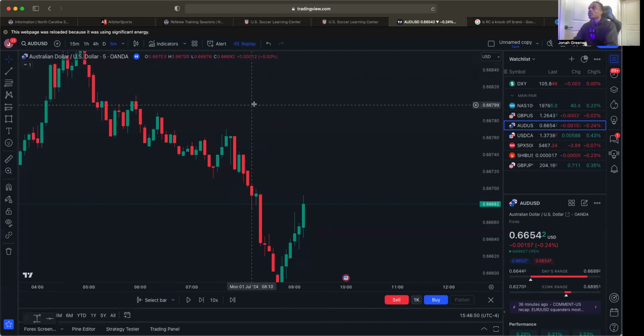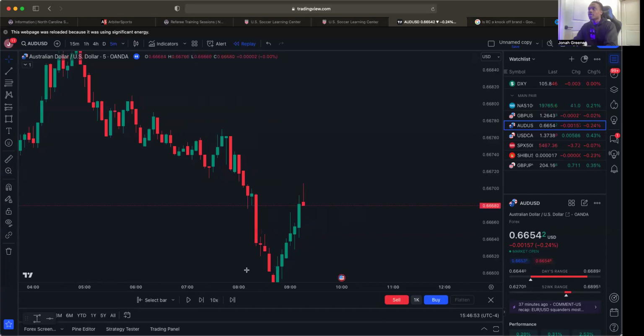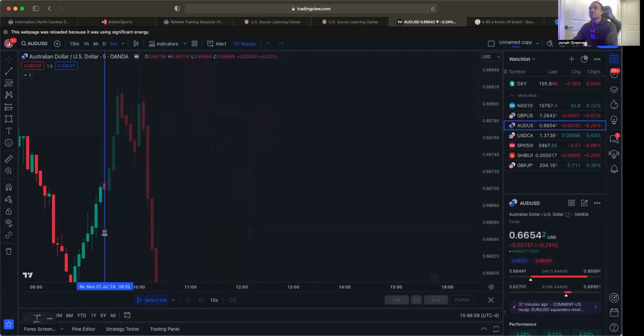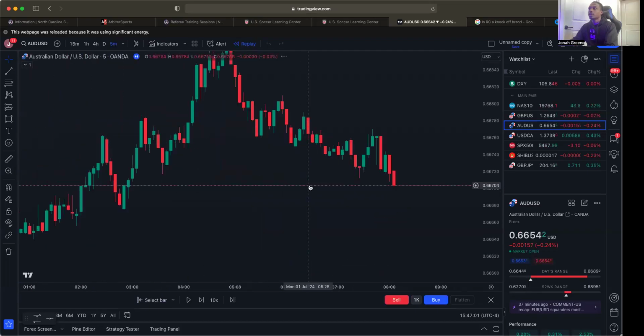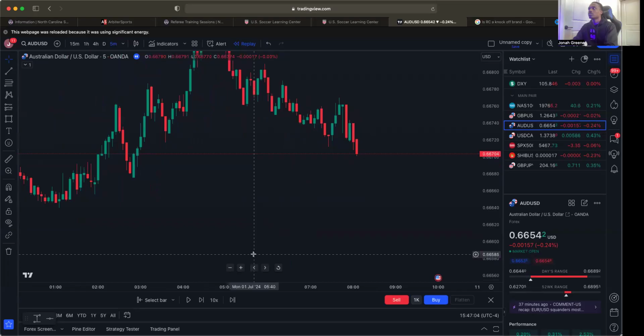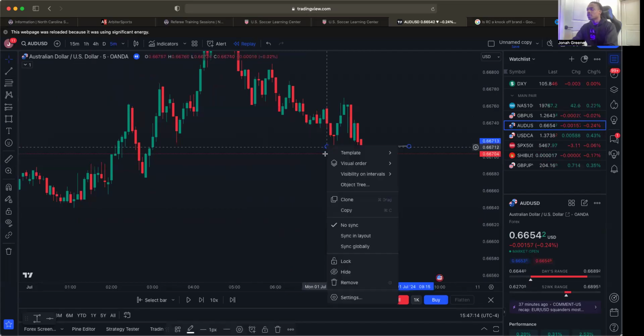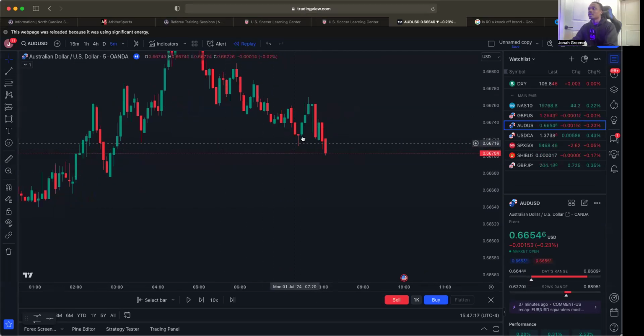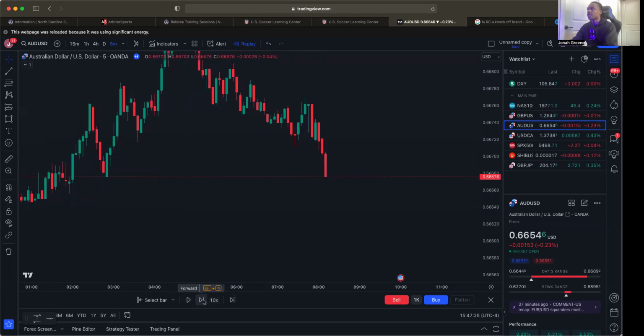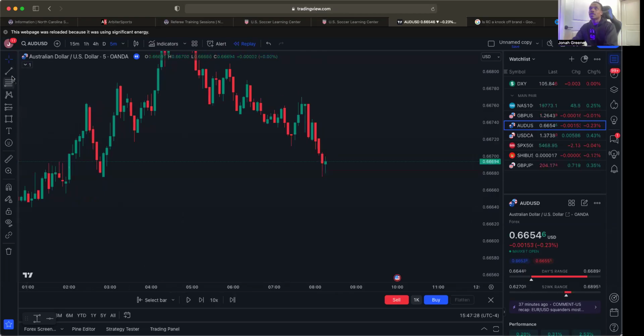Okay. So if you look, let's see here. Let's go back in time. All right. If you look right here, structure was broken. Okay. So original supply zone could have been here, but it was 7:55. I wasn't looking at the charts at this moment. So it didn't really make sense to me. Plus, it was kind of consolidating and just not moving much. So once I saw this is what actually caught my eyes. Once I saw this happen,